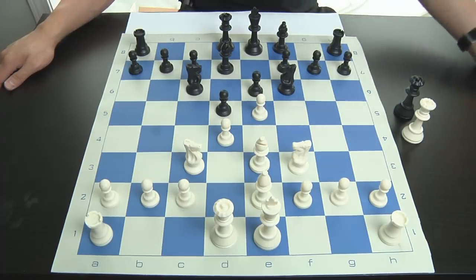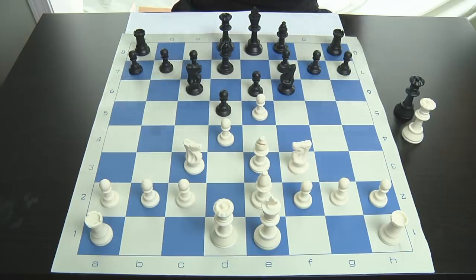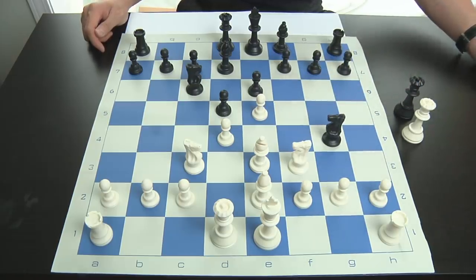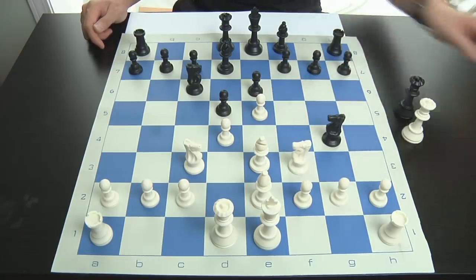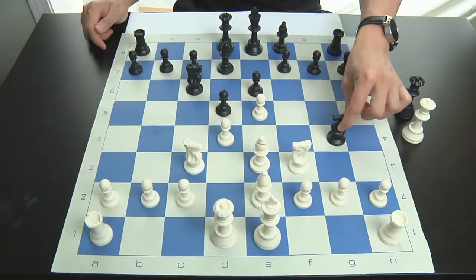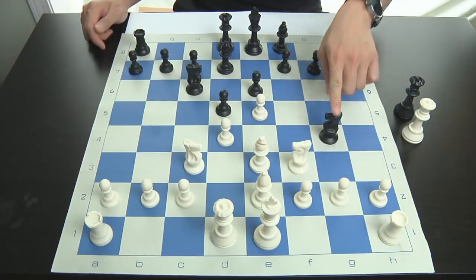If you don't know what the word threat means, a threat is whenever a piece is attacking another piece. So if black decides to move this knight right here, you have to ask yourself, what pieces is he threatening, or what pieces is he attacking? So every time your opponent makes a move, find out which pieces he is attacking and make sure you defend